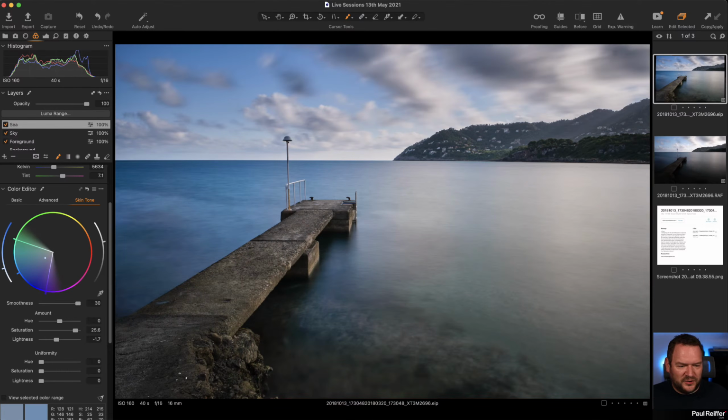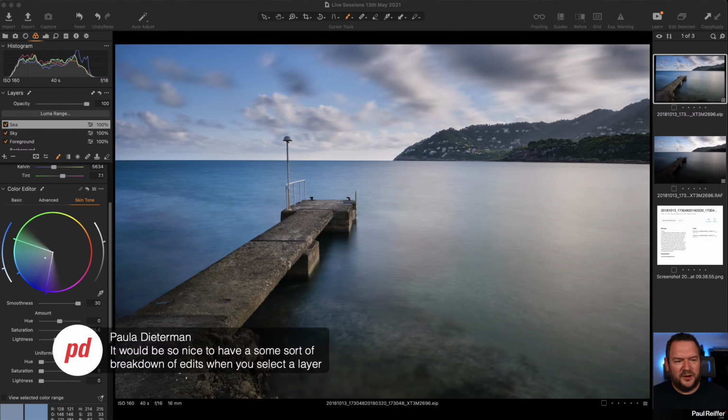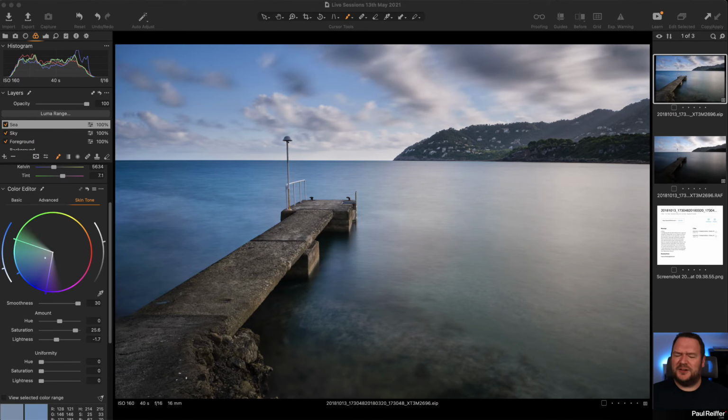I just saw Paula's just made a point there. He's a custom. Sorry, that was Tom. It'd be so nice to have some sort of breakdown of edits when you select a layer. Yes, especially with style brushes coming along, it would be good to be able to see almost a hover over here that says this is everything that's happened on that layer. I agree. It's not there yet, but yes, I would like that too,